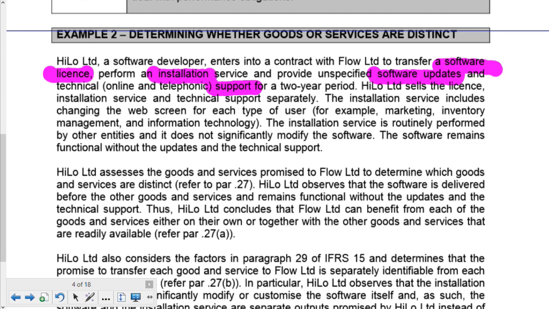So they need to assess to determine which goods or services are distinct, and they conclude that they can benefit. That's what we look at, whether the company can benefit from each of the goods and services on their own or together. Can I only benefit if the goods and services are together, or can I benefit from them on their own? And so they conclude that they could benefit from them on their own, because they could just buy the license and install it themselves, or they could just get them to come and do the installation and buy the license from somewhere else, isn't it? So they consider this, and